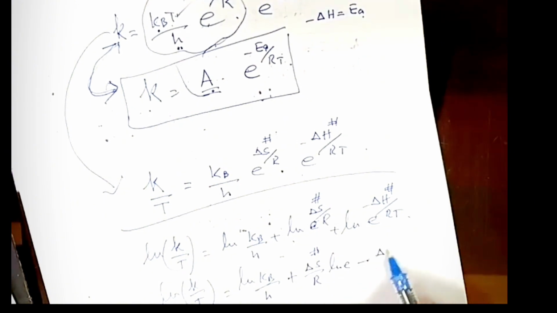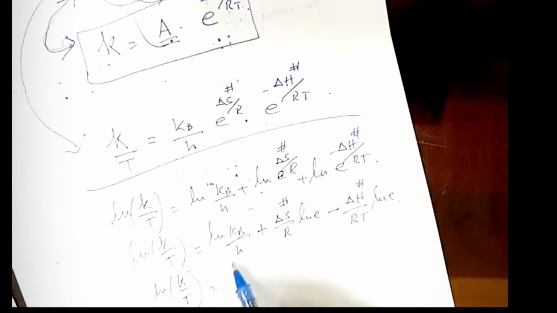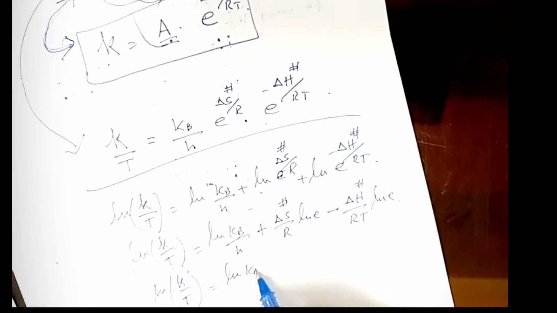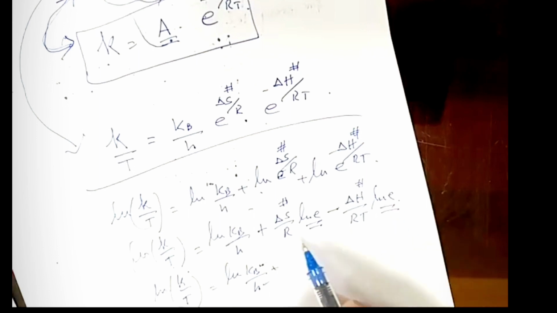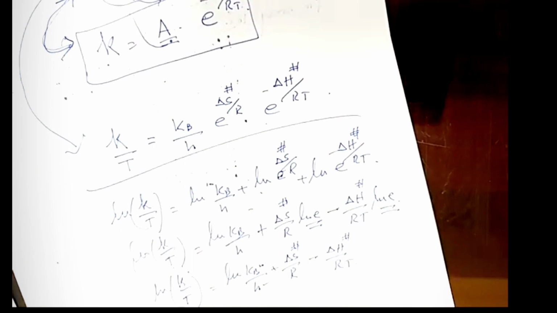माइनस डेल्टा एच। ये अगर आप गौर कर लें, लॉग ऑफ के ओवर टी, log of kb over h, kb is Boltzmann constant, this is Planck's constant, plus log of E is equal to 1 delta S over R minus delta H over RT। ये मेरे पास इक्वेशन बन गई। फिर स्ट्रेट लाइन इक्वेशन